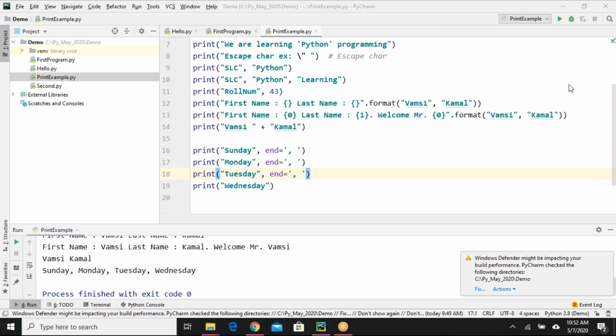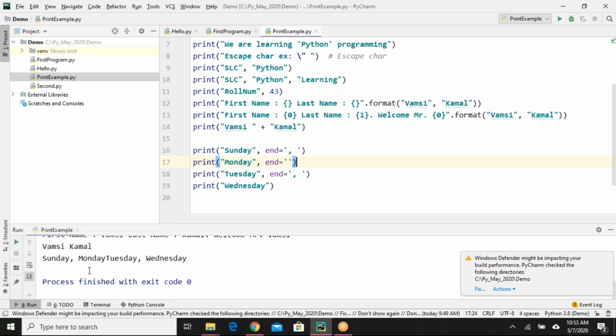Hello. Yes. So you used the end character in the print method. Okay. So end equals to single quote. If I don't provide any space, so there would be a space between Sunday, Monday, Tuesday, Wednesday? No, it will be printed as one. If I don't provide any space here, end equals only opening and closing single quotes, that is what you are saying, right? Yes, if I run this,